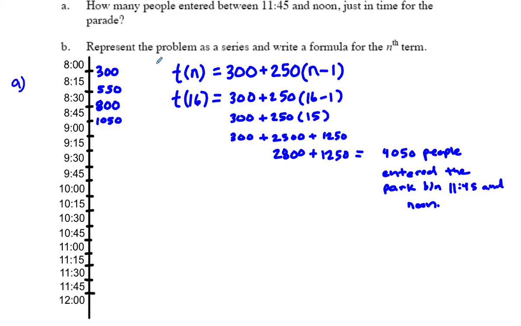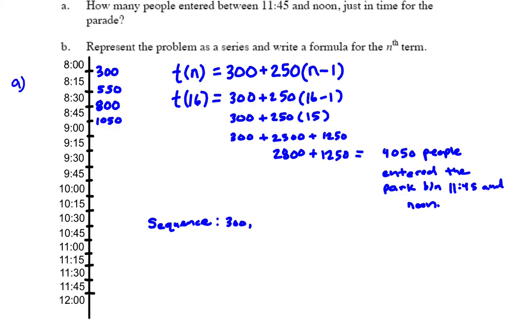Now letter B says represent the problem as a series and write a formula for the nth term. All right, so we kind of already came up with a formula for the nth term here. That would be this right here. So this is actually part of our answer for B. We'll rewrite it below. But if we're trying to represent the problem as a series, what we've got right now is if we're listing out these terms in the sequence, let's talk about it here. The sequence that we've come up with here is